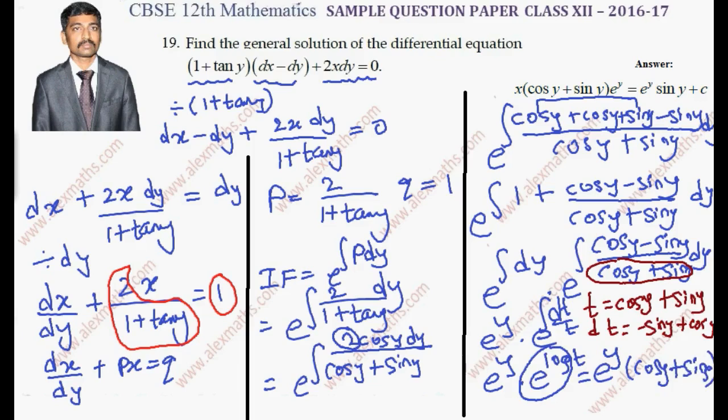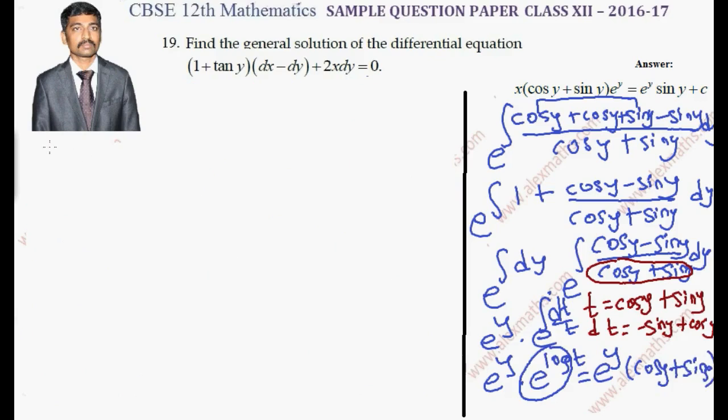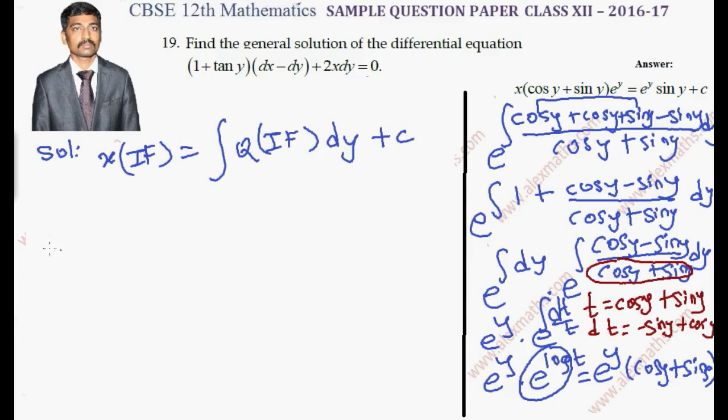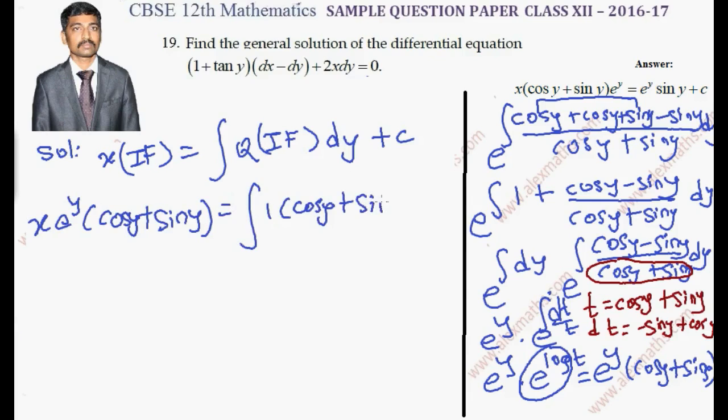After finding the integrating factor, now go for the solution, which is x into the integrating factor equal to the integral of Q into the integrating factor dy + c. So x into the integrating factor is e^y (cos y + sin y) equal to integral Q is 1, again the integrating factor is e^y (cos y + sin y) dy + c. So the final answer is x e^y (cos y + sin y)